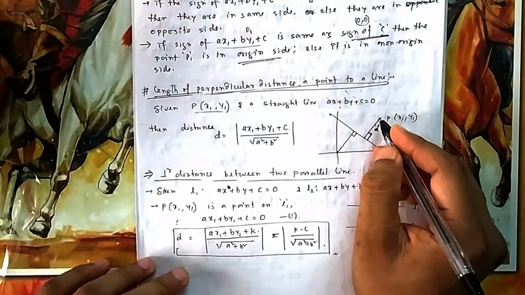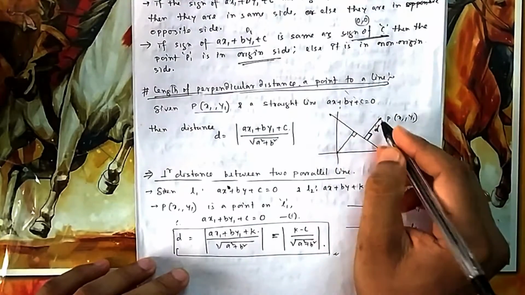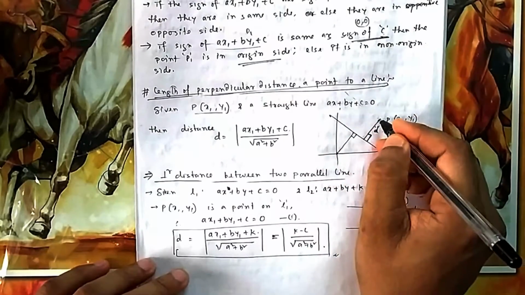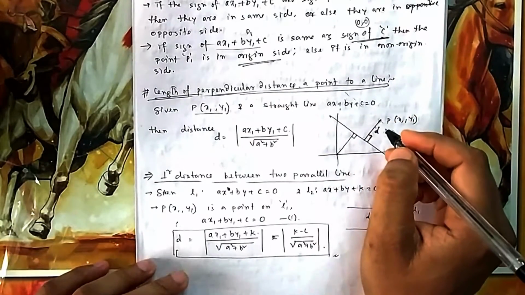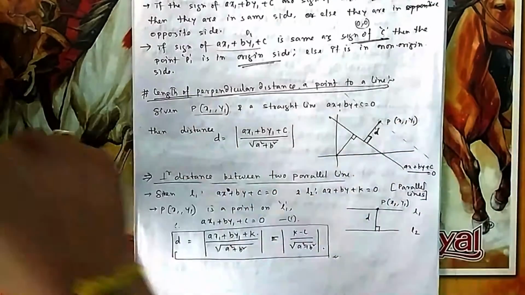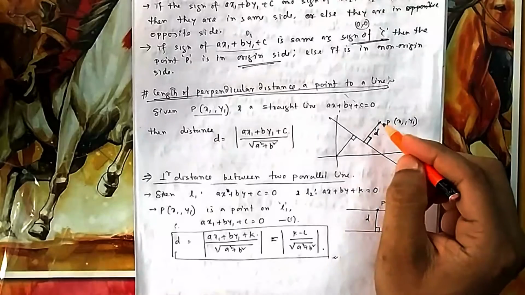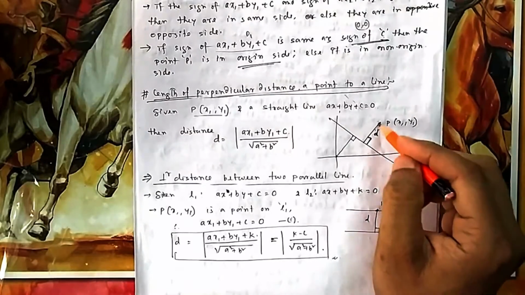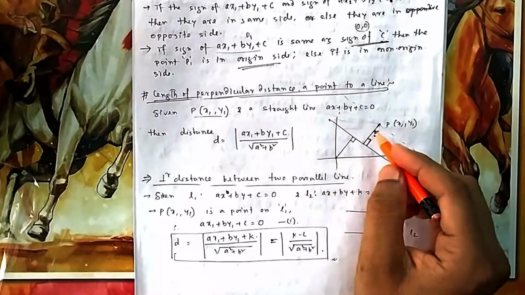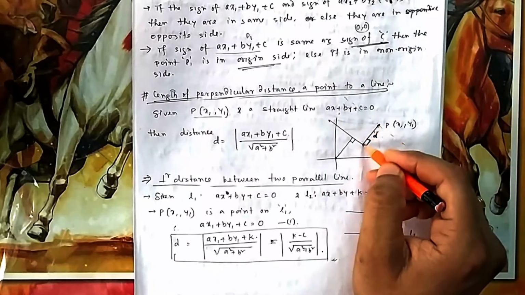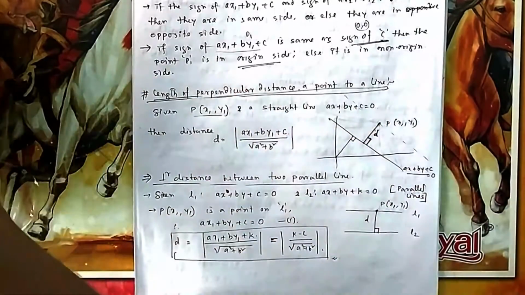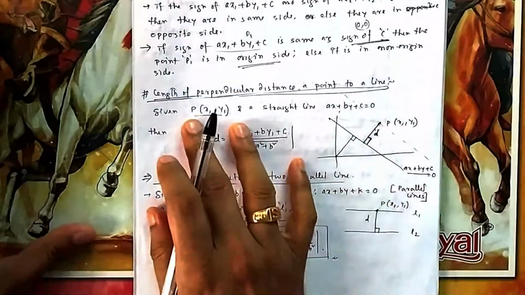What is the shortest? Because distance you can think this way also, this way also. But if I say distance between a point and a line, then I am always talking about the perpendicular distance, because that is the shortest distance I can have from a point to a line. You could have this type of distance also. This is also a distance from this point to this line. These are all distances, but if I say distance, that means I am talking about perpendicular distance. That is the minimum value. This distance is the minimum. Okay, so this is given.